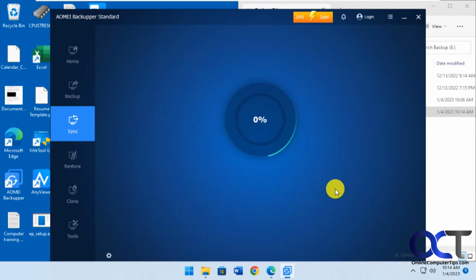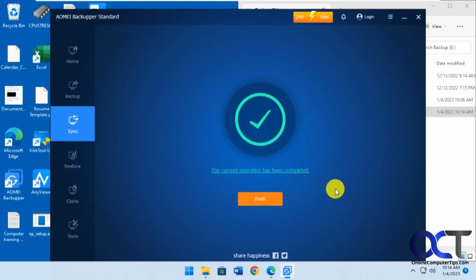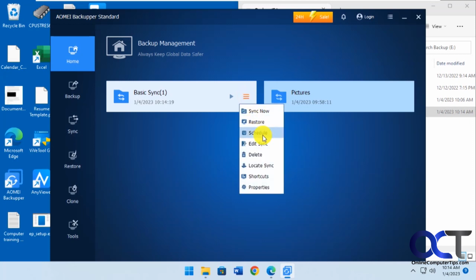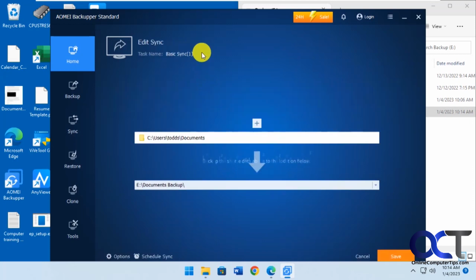So it's got to do its thing here. This will take a few minutes while it does a snapshot and copies stuff over. Okay, so it's finished. So here's our job here. It gives it just a basic sync name. If you want to edit it, click on these three lines here, edit sync, then click on the pencil, and call this Documents,